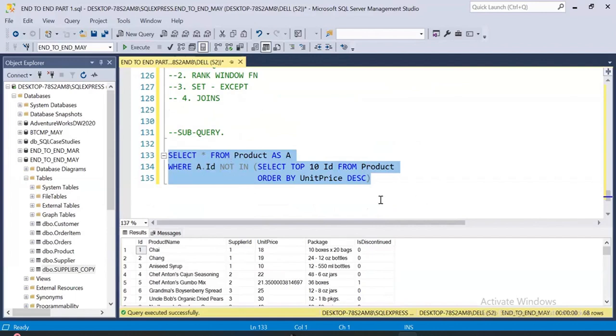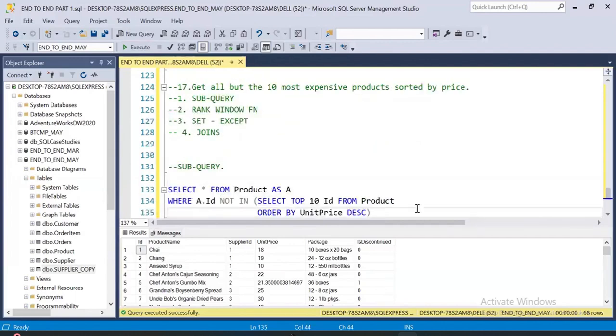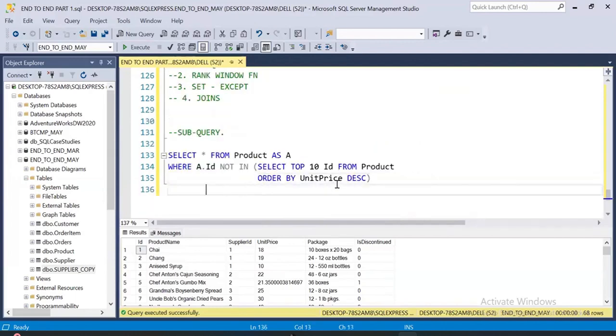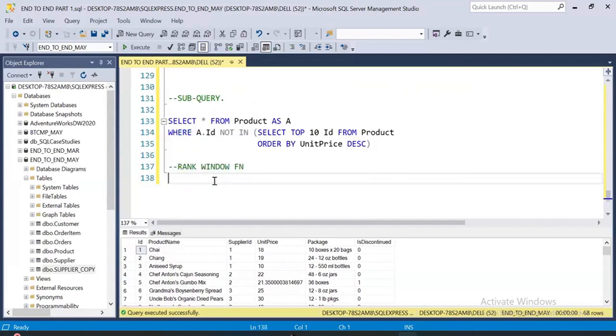So I can do it using subquery. Yeah, what was the second method? Window function rank. So I've used ordinary subquery. Okay, again rank window function. So